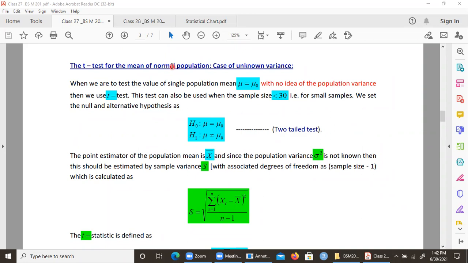To remind you, t-test is a kind of test which is often used in small samples, and t-test is also a kind of test which behaves like a normal curve, normal variate. So whenever you do the problems related to t-test statistic, you will find that we'll be explaining things in terms of normal curves. So the t distribution is a kind of normal distribution which satisfies most of the properties